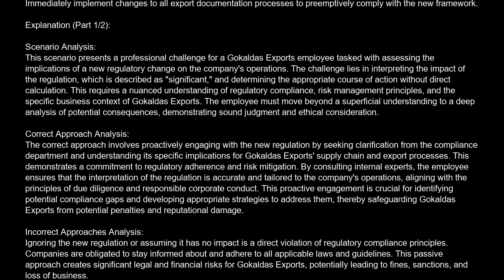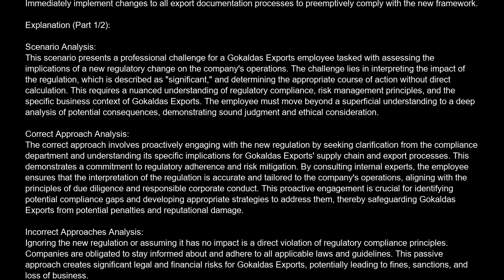The challenge lies in interpreting the impact of the regulation, which is described as significant, and determining the appropriate course of action without direct calculation. This requires a nuanced understanding of regulatory compliance, risk management principles, and the specific business context of Gokaldas Exports. The employee must move beyond a superficial understanding to a deep analysis of potential consequences, demonstrating sound judgment and ethical consideration. Correct approach analysis. The correct approach involves proactively engaging with the new regulation by seeking clarification from the compliance